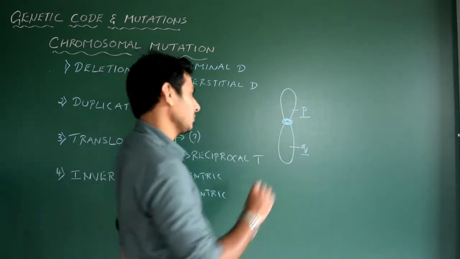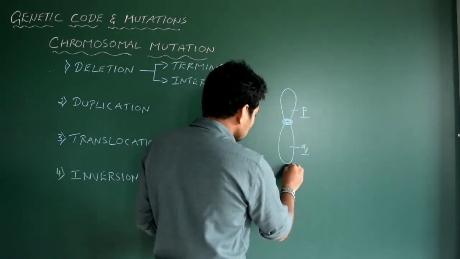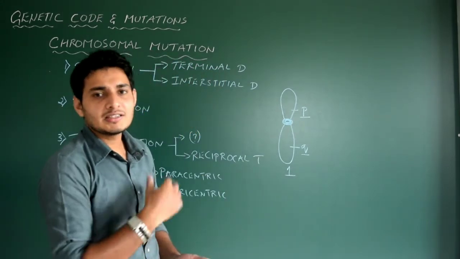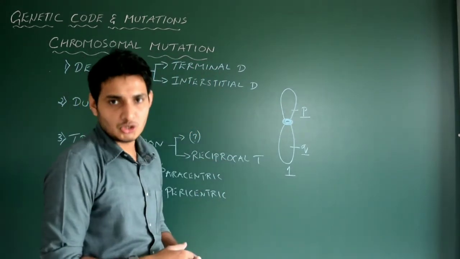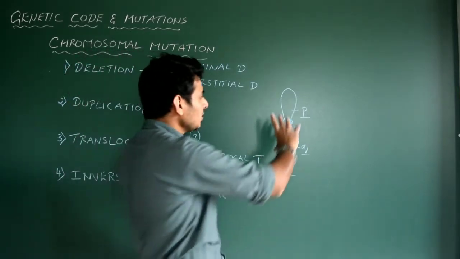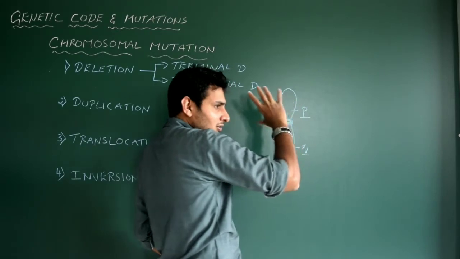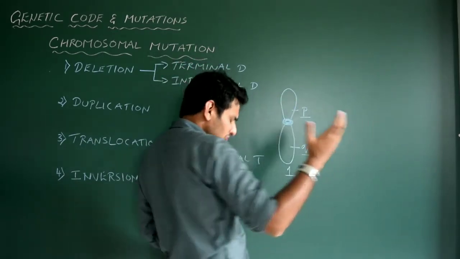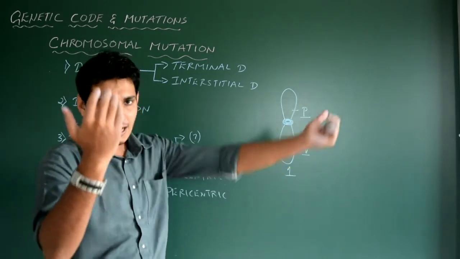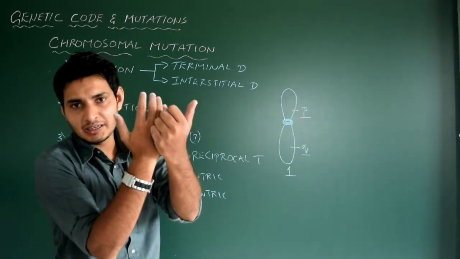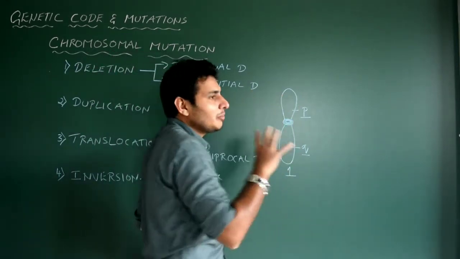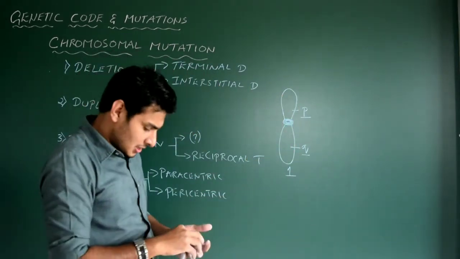Easy, right? Now let us consider this is our chromosome number 1. For chromosome number 1 there is another chromosome, that is the homologous pair. During meiosis or crossing over, what's going to happen? Chromosome number 1 will come very close to its homologous chromosome, that is the pair, and they share the genetic material, and we call it crossing over. That is the natural mechanism during meiosis.